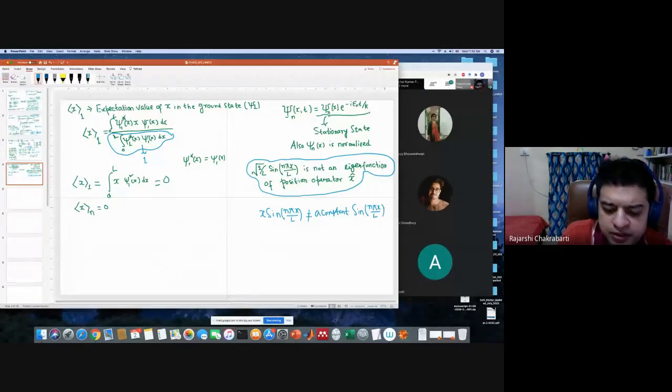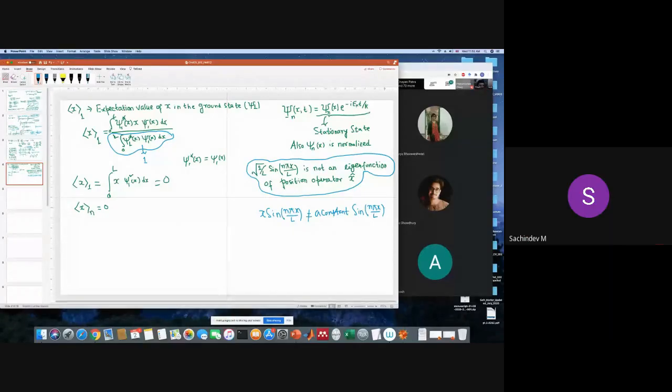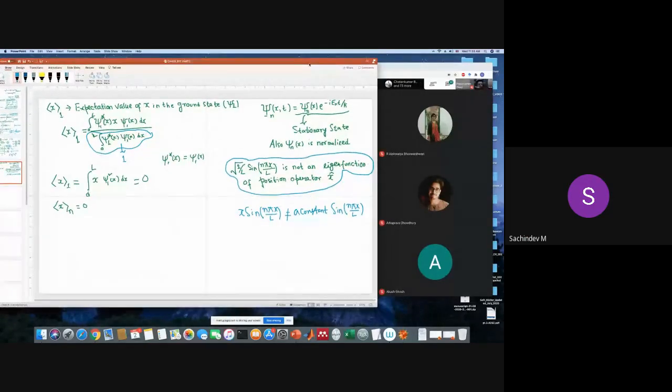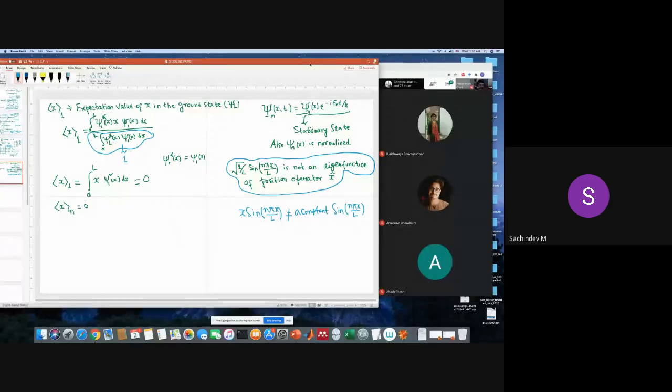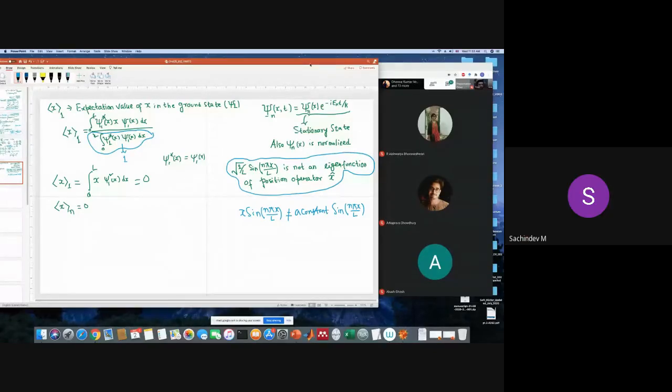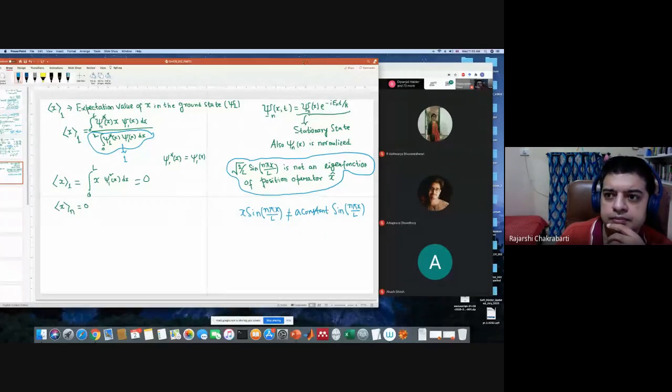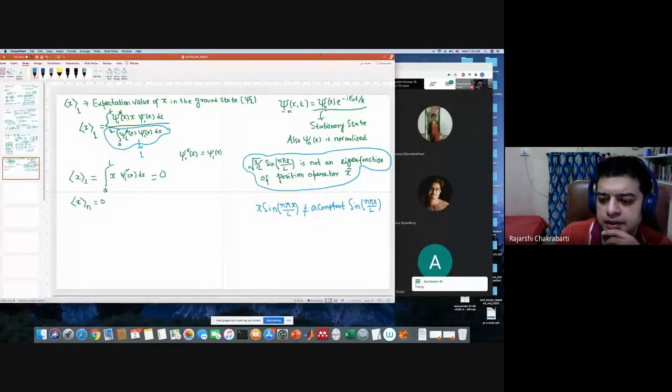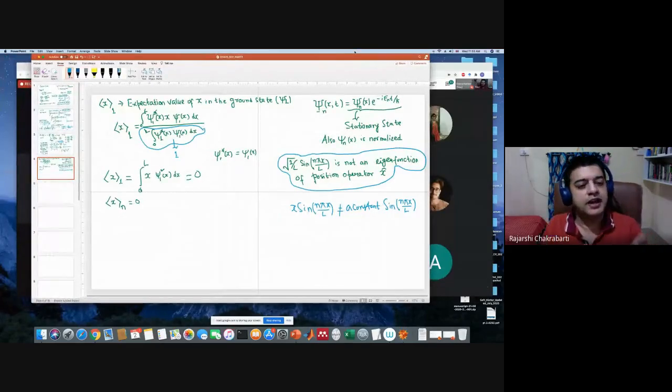This is the mathematical answer. What is the physical answer? Tell me, what is the physical answer? No energy, nothing. The physical answer is that if your wave function is an eigenfunction of X, it has to